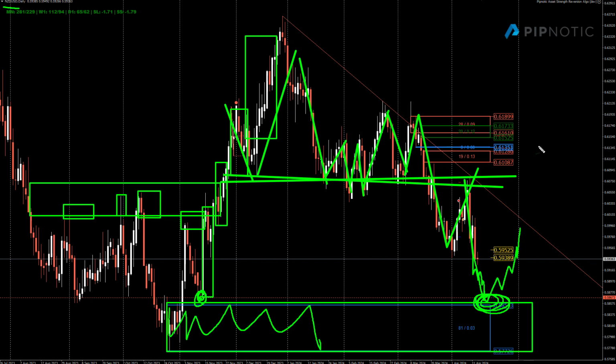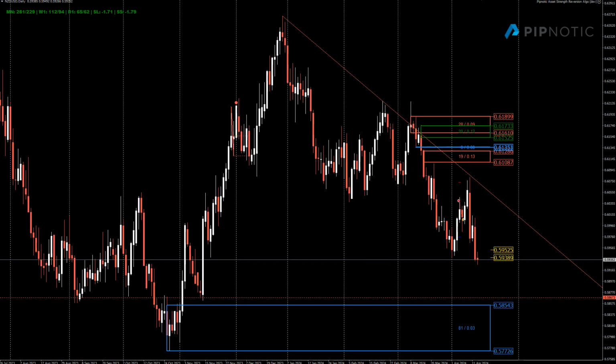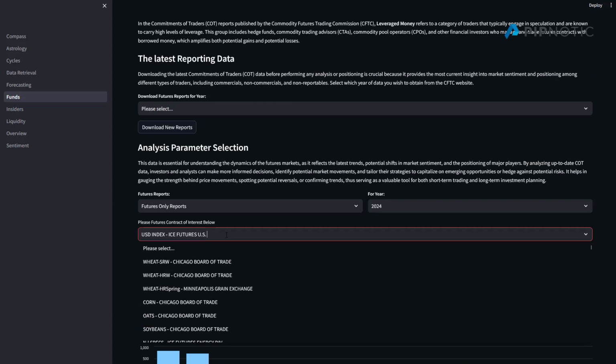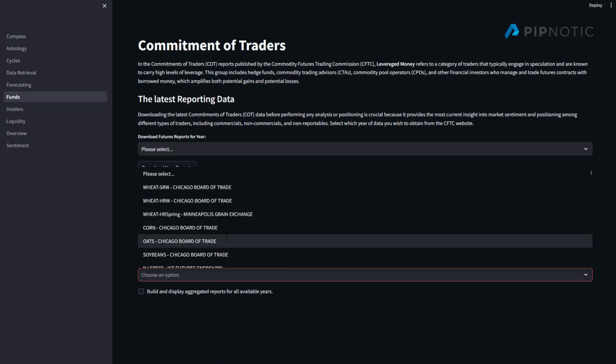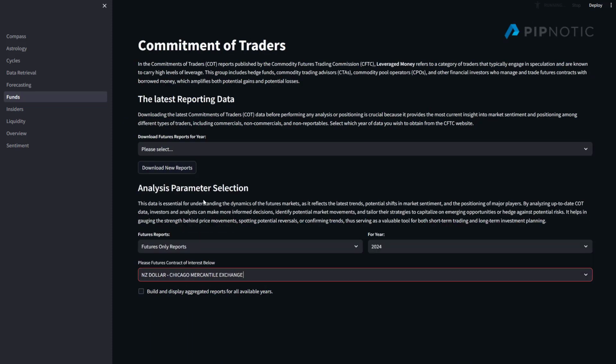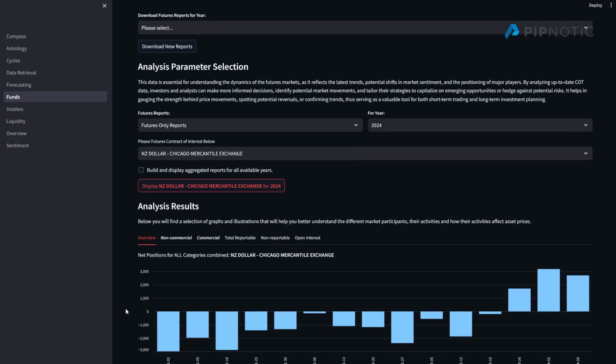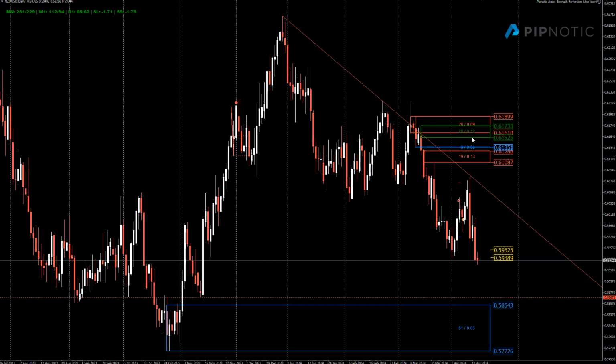But also we have to pay attention to the data this week, because this obviously is what is deciding the major flow. So if we have a look on the Kiwi American dollar, if we just jump in here and look at the NZ and we crack that out, and you can see that we're having a decrease in long positions. Okay, so we had the increase in the long positions, now we're seeing a decrease in the long positions. And so here's the increase and here's the decrease.